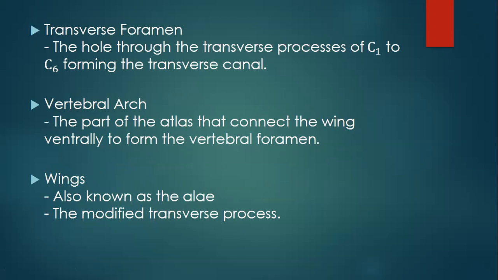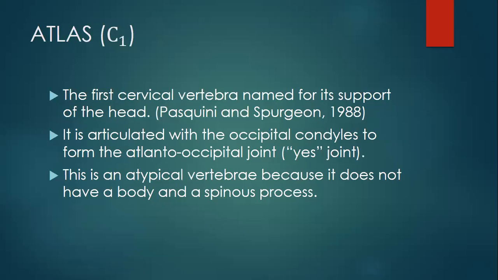So later on, a few slides from now, you will get to see the atlas, which is actually C1. This is the first cervical vertebra, named for its support of the head. It articulates with the occipital condyles, which was discussed in the previous video and also in the lab, to form the atlanto-occipital joint. This is considered an atypical vertebra because it does not have a body and a spinous